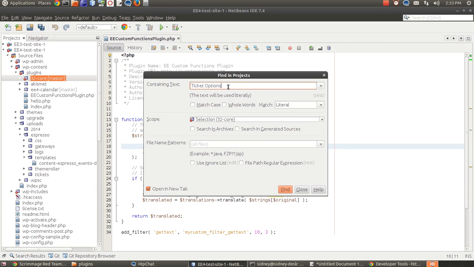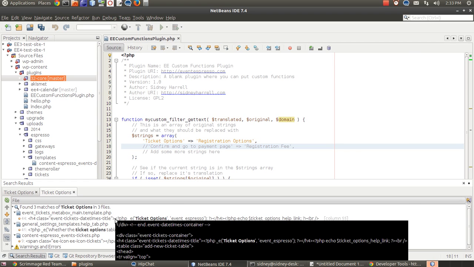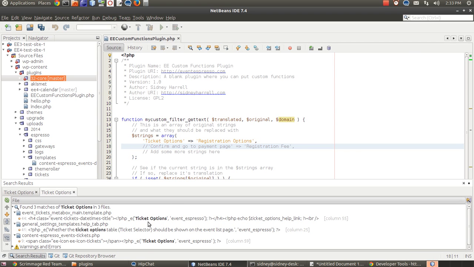I think I have an extra space at the end there. And it's going to come up with search results here. Now, if you don't have NetBeans,